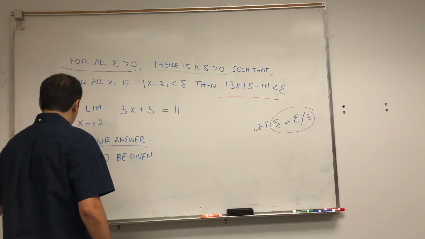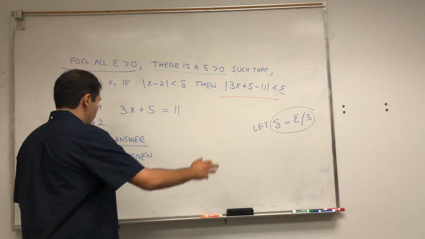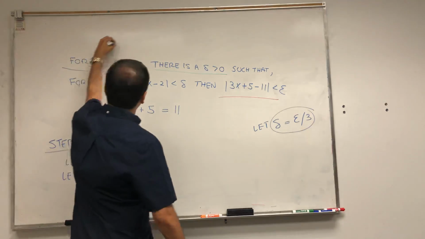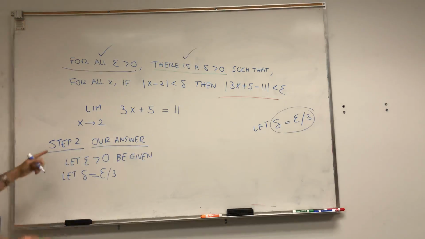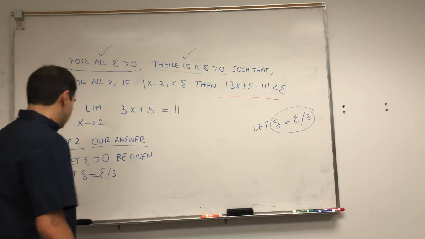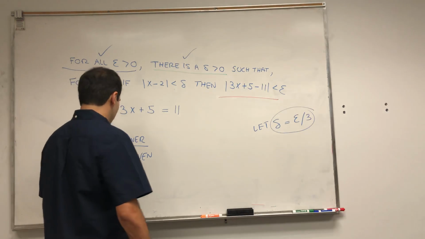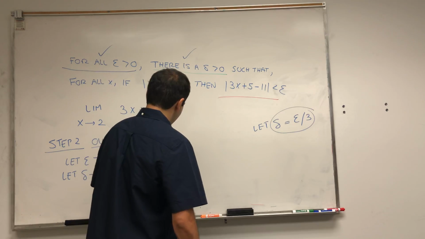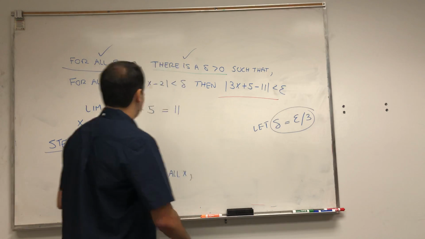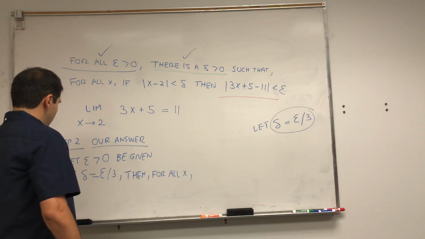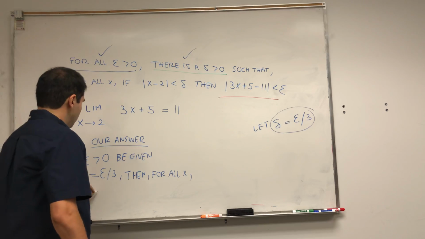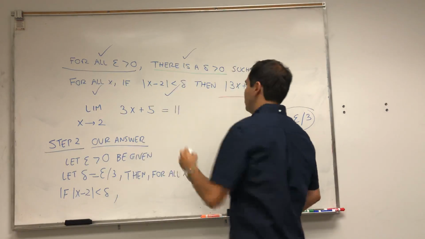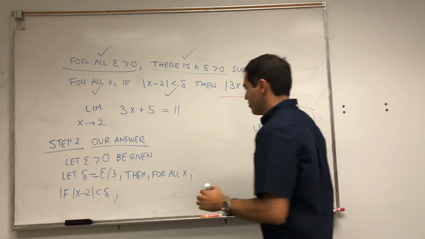And let delta be whatever you found, epsilon over 3. So we took care of that. And now let x be given. For all x, if absolute value of x minus 2 is less than delta, then,